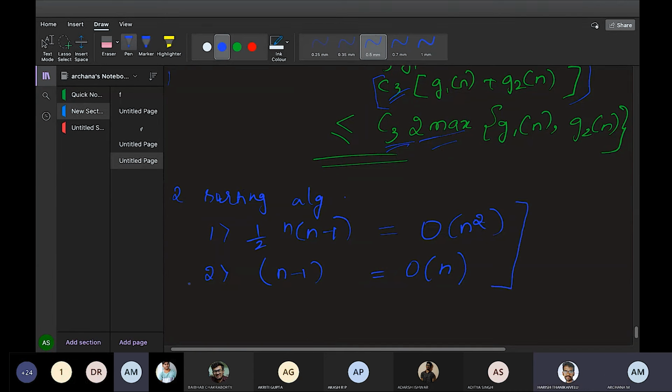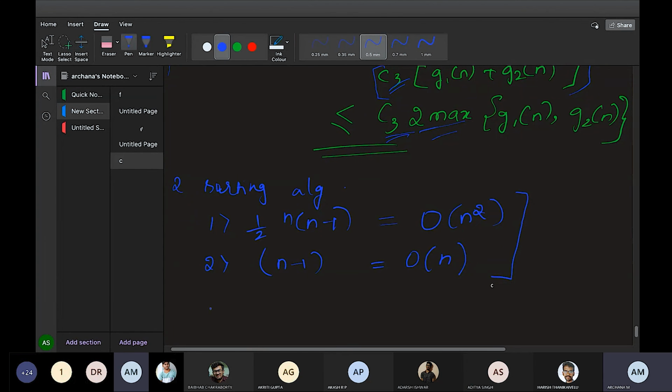So overall, first one, ma'am. Yes, overall efficiency, you have to find in this way. Generally telling first one is good is easy. But when they ask you, you have to write this: big O of what? You'll get the maximum of this one, G1 of n comma G2 of n. So maximum of n square comma n. So what is the answer you'll get? The maximum is big O of n square. So the efficiency of this algorithm is big O of n square. This is how we need to find out the maximum among these two and write the answer.